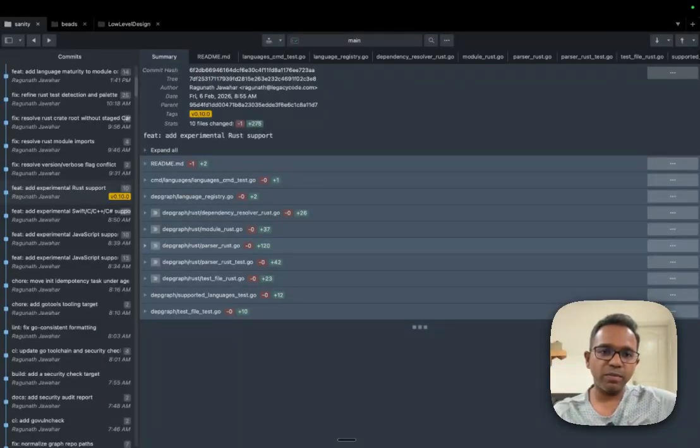Hey, I wanted to talk about reviewing AI-generated code. Nowadays, it's pretty common for most of us to work with coding agents, and usually when you give a coding agent a task, depending on the complexity of the task and the complexity of the code base, the agent is going to make a few changes, and sometimes it ends up making changes that span across a lot of